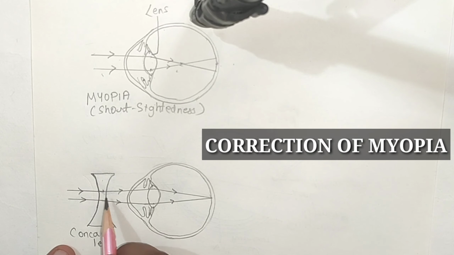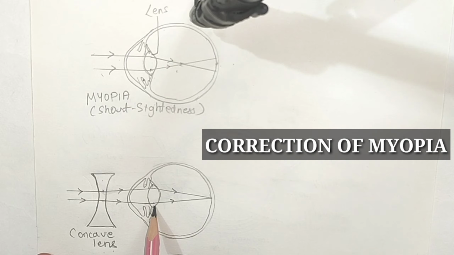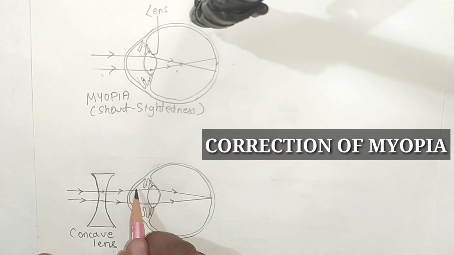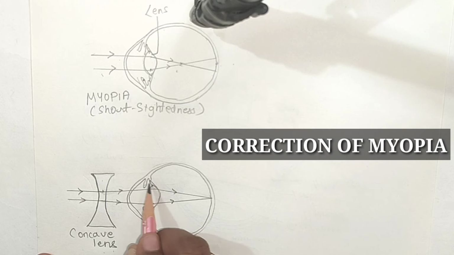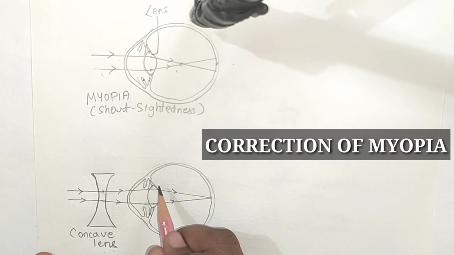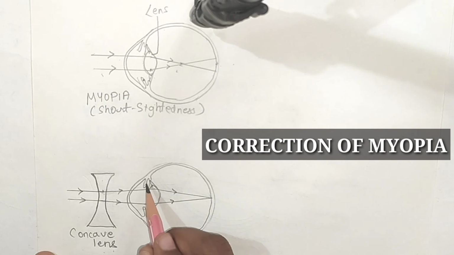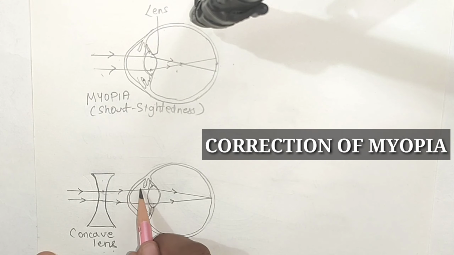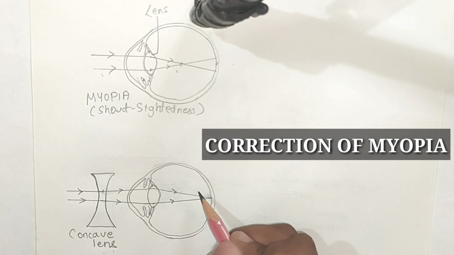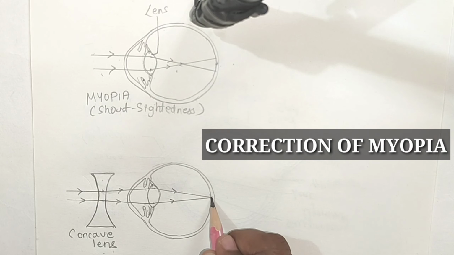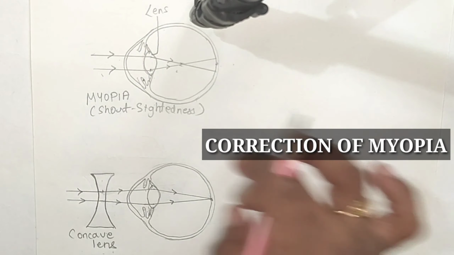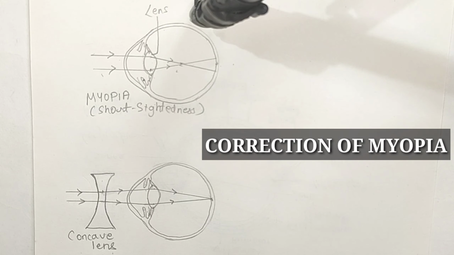Now the next important thing is the ray. Light rays will diverge from the concave lens, so you will have to show a little divergence. You have to remember that this light ray should not pass across the eye rays. So simply draw a small iris so that it doesn't come in the path of the light ray. Then you have to show convergence from the lens and make this ray fall on the fovea centralis or yellow spot. So this is the diagram of correction.